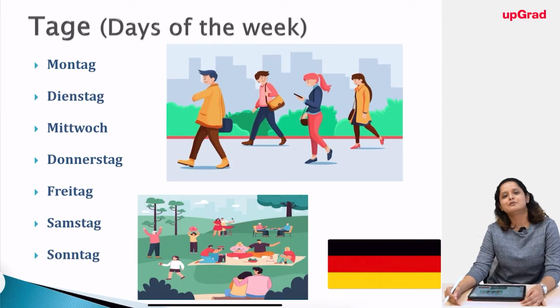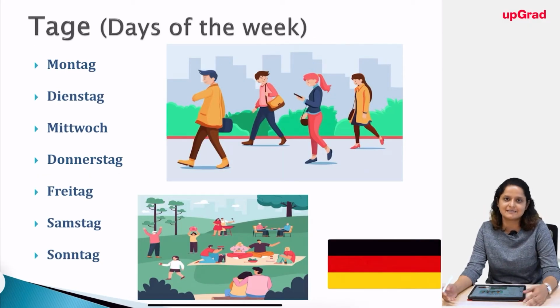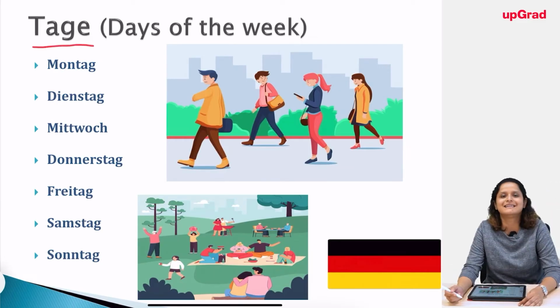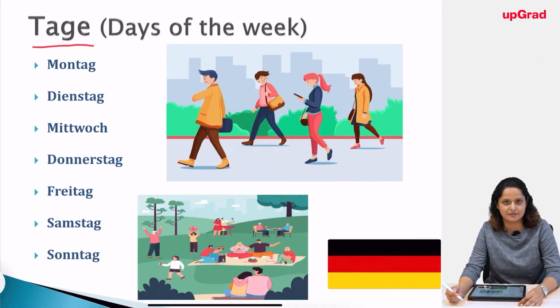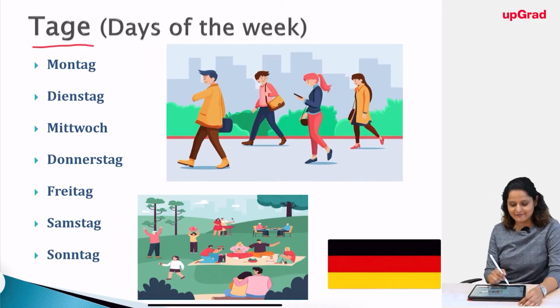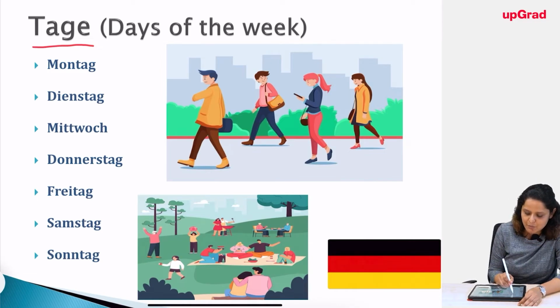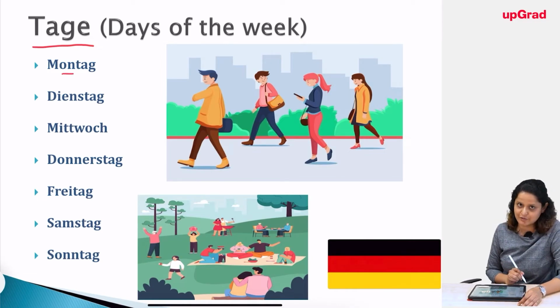So now we will be looking at the days in German. The days of the week in German are called Tage. I'll repeat it, Tage. So we have 7 days of the week, as you all can see. We start with Montag, which is Monday,